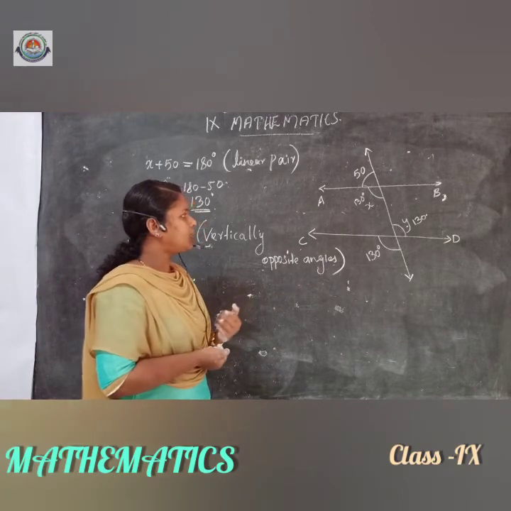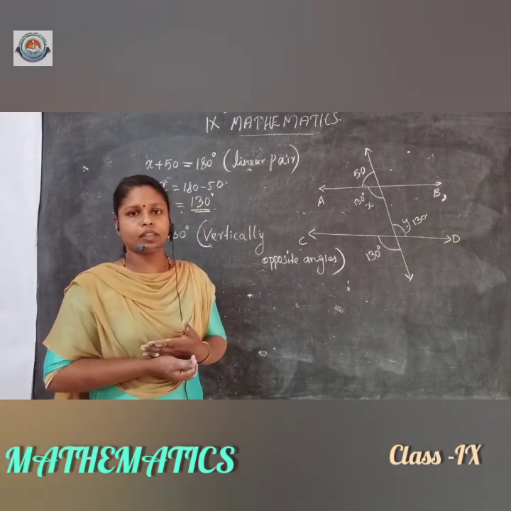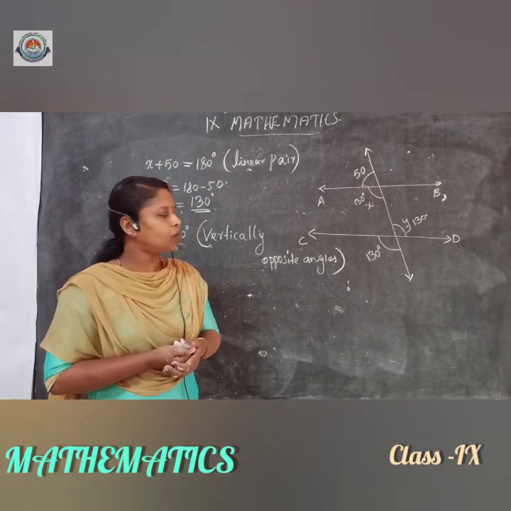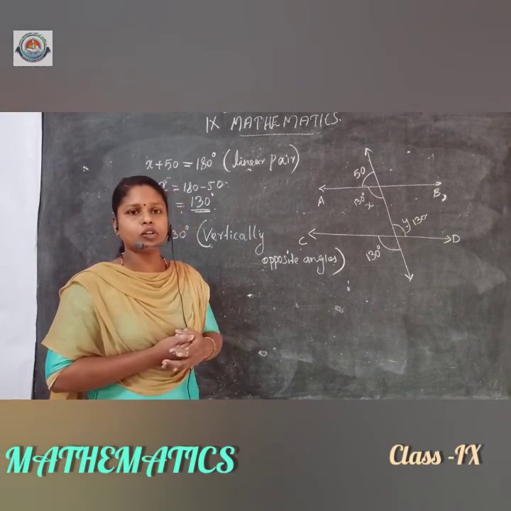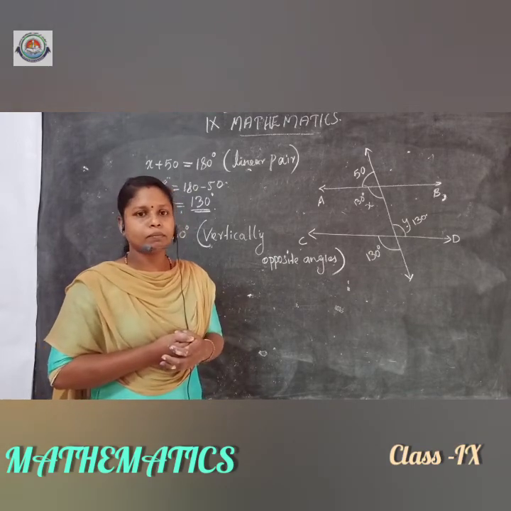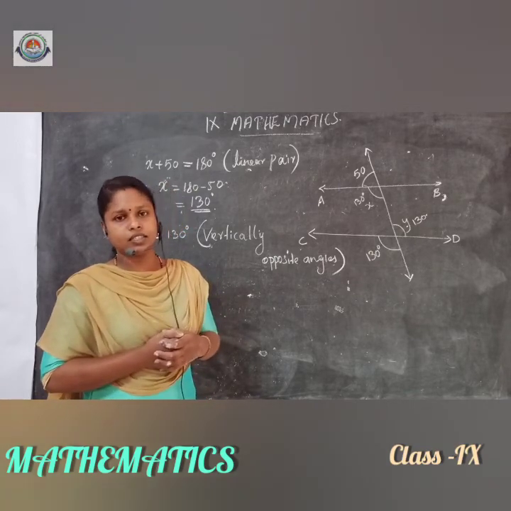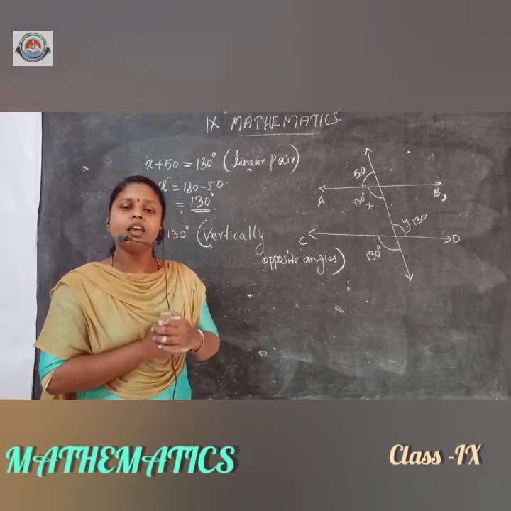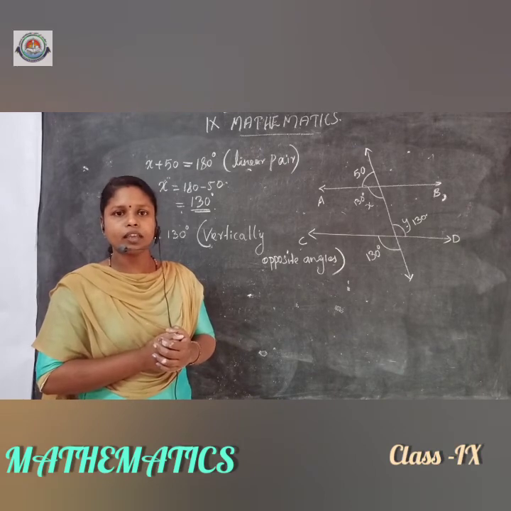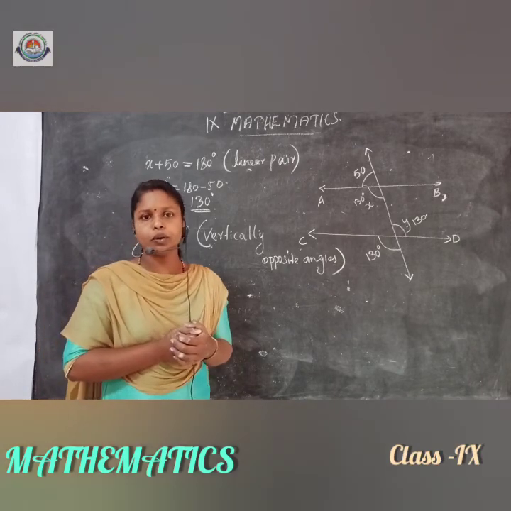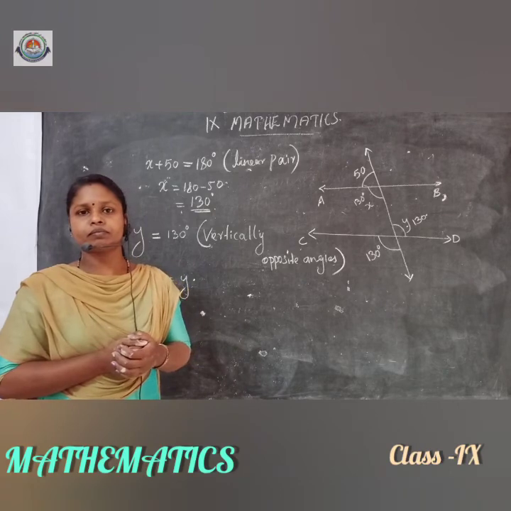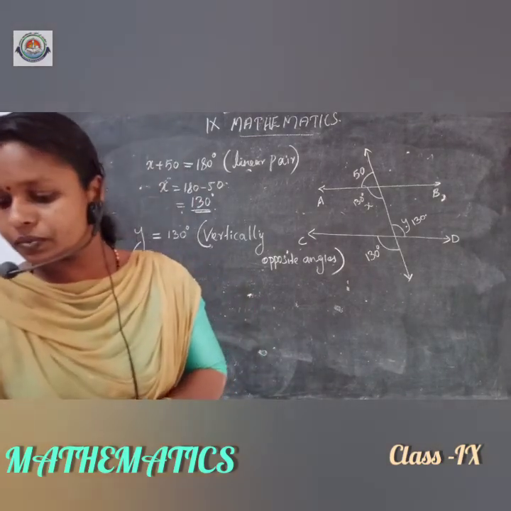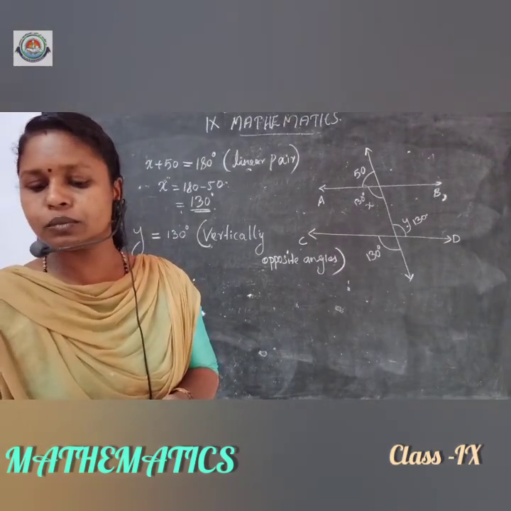First we need to find out what x and y are. So we got x equal to 130 degree and y equal to 130 degree. That is, angle x equals y. They are alternate interior angles. Then if the alternate interior angles are equal, the lines will be parallel. So this question also you need to write in your notebook. And today we discussed the first question from exercise 6.2.